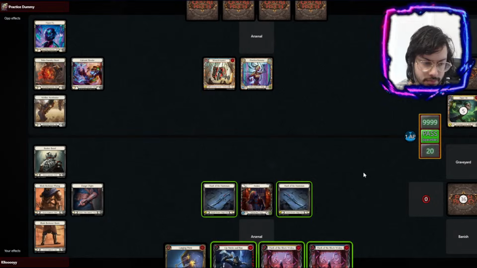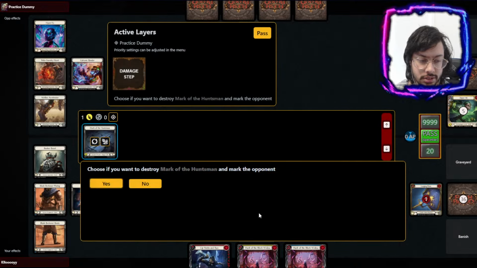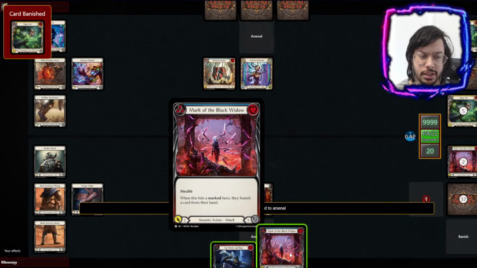Alright. Yeah, so attack. Hopefully mark. Technically I could have up sticks first. I feel like saving that's probably better. And then you just go double Black Widow, right? Because if they block 1...